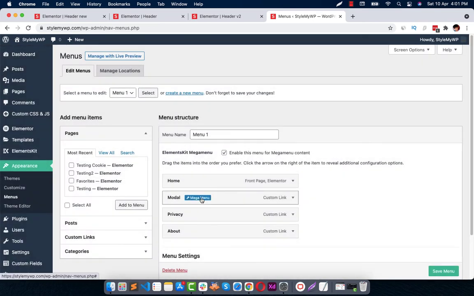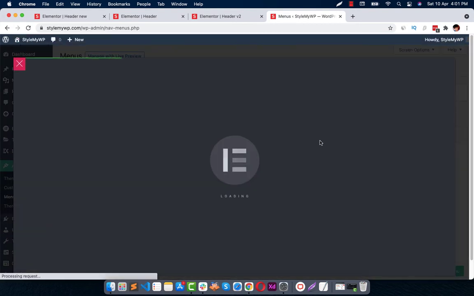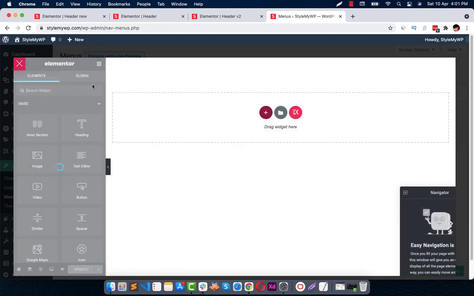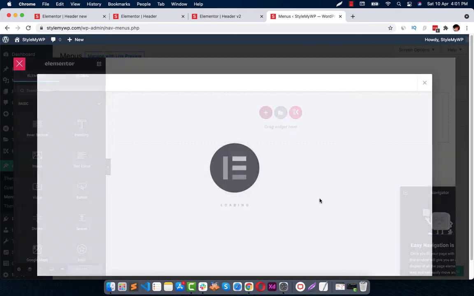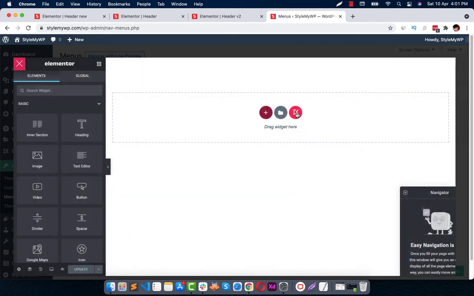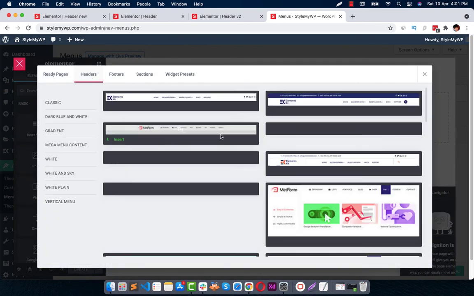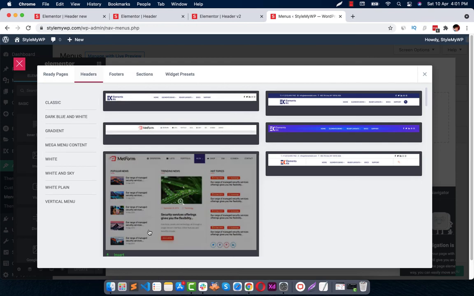For example, we have added mega menu one model, so let's create one for about. Simply enable this and edit mega menu content. Interestingly, there are many pre-made templates for mega menu in Elements Kit. To get them, just click on the Elements Kit logo right here and go to headers, and it will show you a bunch of options.